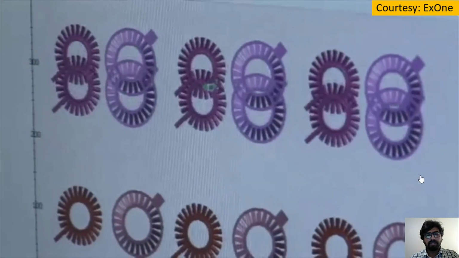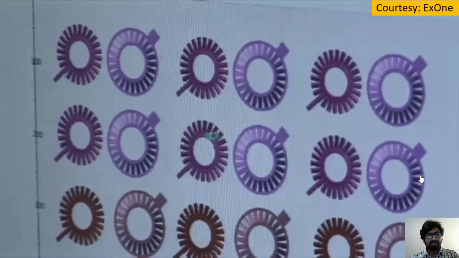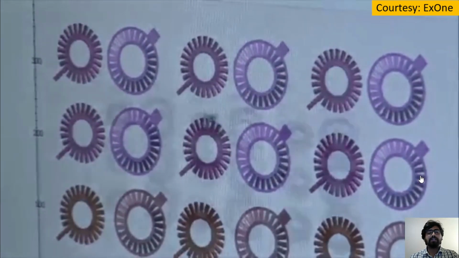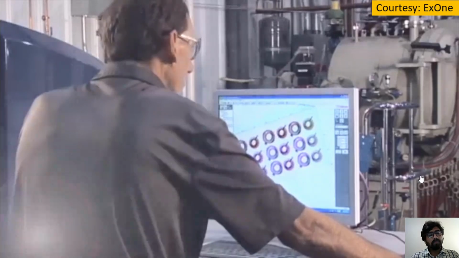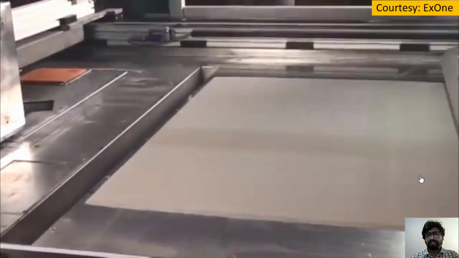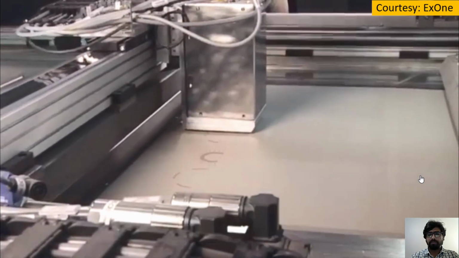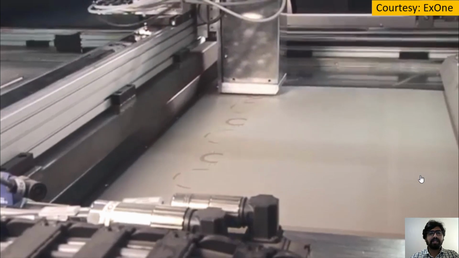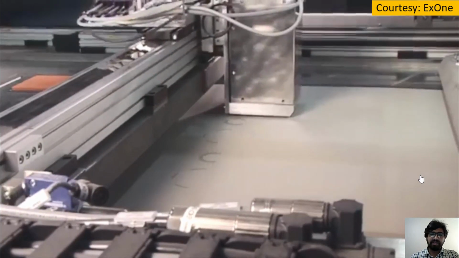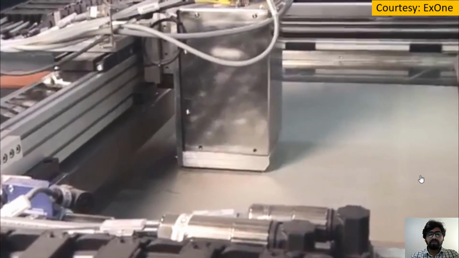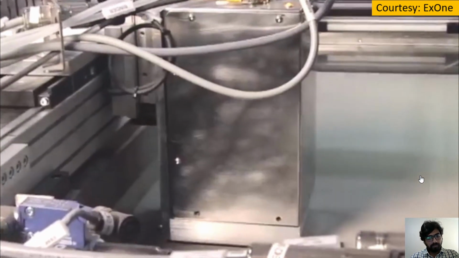And why is it so? It is because no explicit support mechanism is required in the case of binder based powder bed additive manufacturing. Even the loose powder itself acts as a support material here. Once we create the STL file of all the nested parts together, we transfer it to the machine, and then a print head starts dispensing the binder onto the top surface of the metal powder bed appropriately in the desired region.